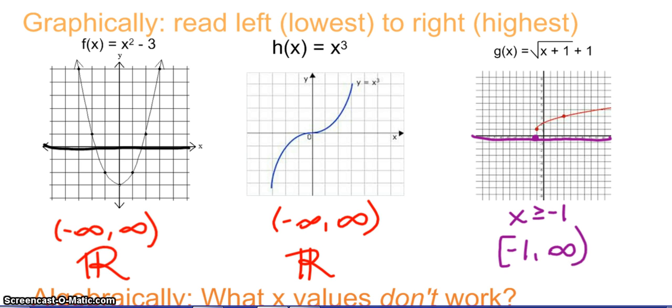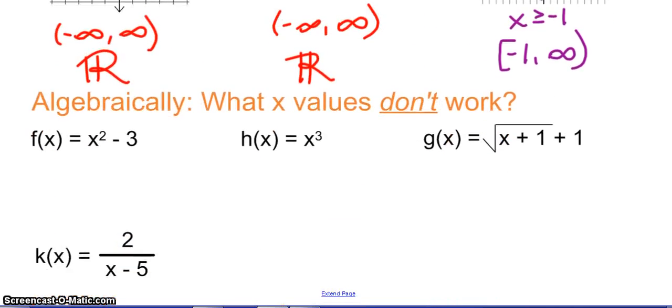So that's by looking at the picture. You're going to read from left to right. Algebraically, it often helps to think about what x values don't work. And then your domain is all of those things that do work. So, for instance, for this first one, which was our x squared minus 3, is there any number that you cannot square, multiply it by itself, and then subtract 3? Well, you can square negatives, get an answer, square positives, get an answer, square 0, fractions, decimals, all of that. So that's why our domain ends up being